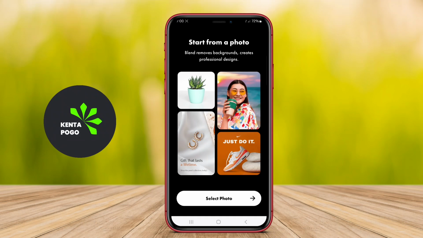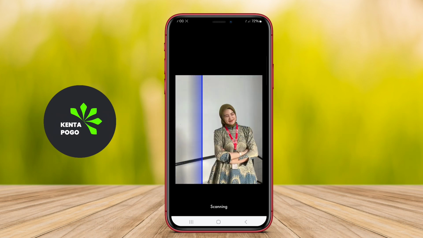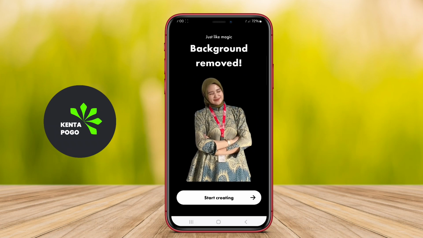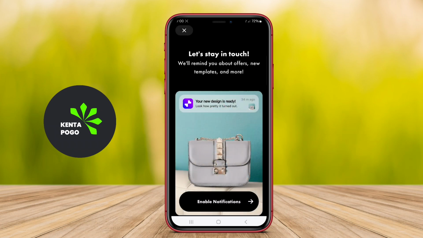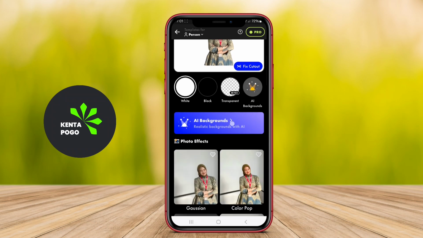In today's video, we're diving into the fascinating world of photo editing with a focus on the latest AI technology. Whether you're a casual user or a photography enthusiast, this tool is designed to elevate your creativity. Let's get started. The best AI photo background change application for Android is designed to enhance your photography experience by